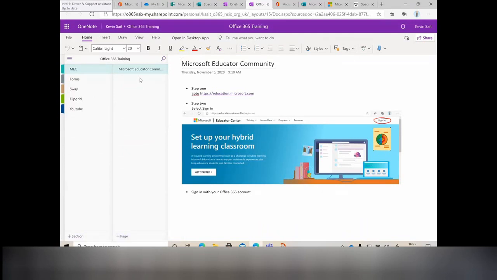So I've got here down the left-hand side what we'll call our sections, and these really relate to a folder divider that you would typically see in an A4 folder. If I go to each section, I will have a page embedded into it. As you can see here, for example, if I go to the YouTube page, there I've got a